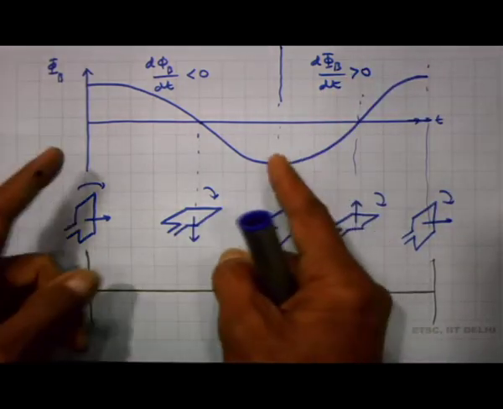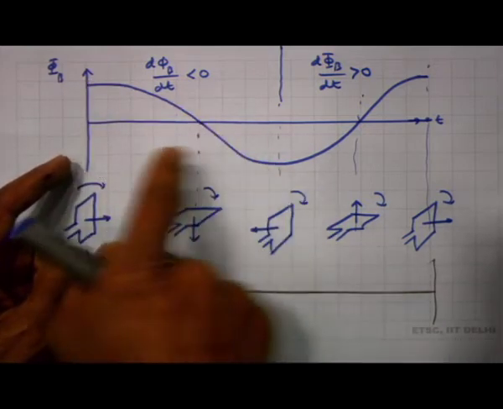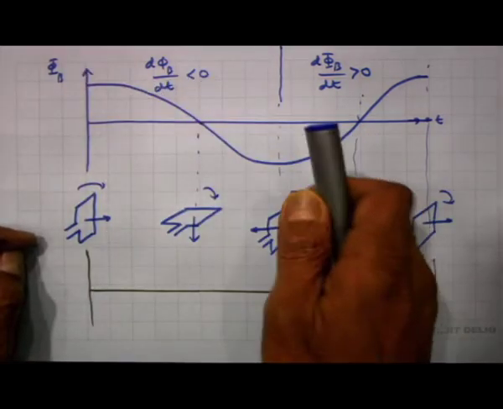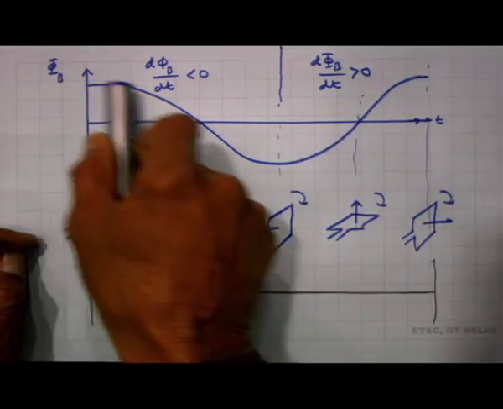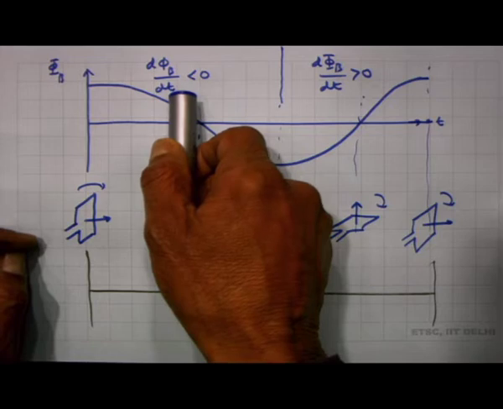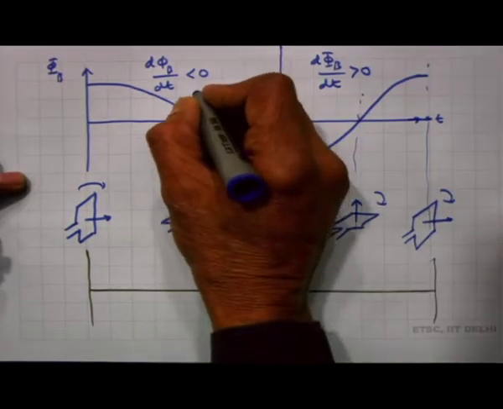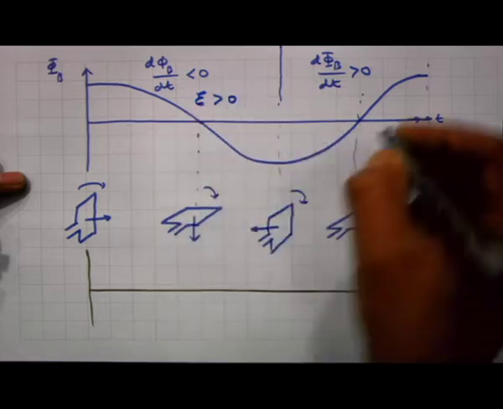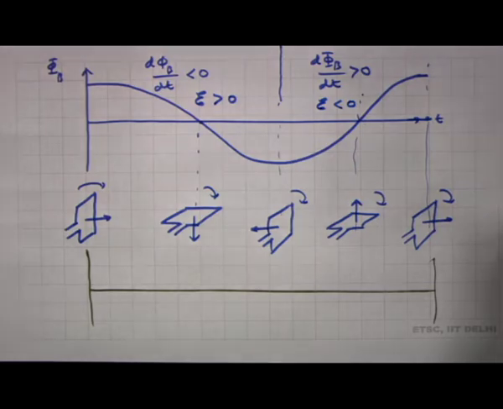In this half of the cycle d phi by dt is less than 0 because the slope of this curve as a function of time is negative. Then at this point the slope becomes positive, phi is increasing with time, whereas here phi is decreasing with time. So, d phi by dt is negative here, d phi by dt is positive here. Because d phi by dt is negative here, the induced EMF is positive, and the induced EMF here is negative. So, the induced EMF between these two terminals keeps on changing its sign periodically with time,